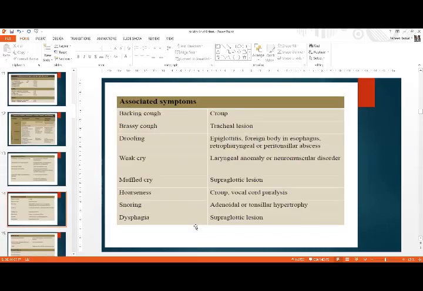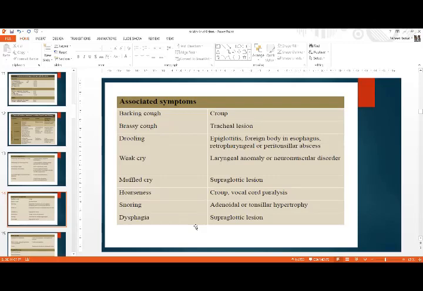The associated symptoms that you can observe can also be a leading clue for the diagnosis. If there is an associated barking cough along with the stridor, then croup is the most likely diagnosis. If there is a brassy cough, tracheal lesion is the cause. If the mother gives the history that there is stridor and drooling of saliva